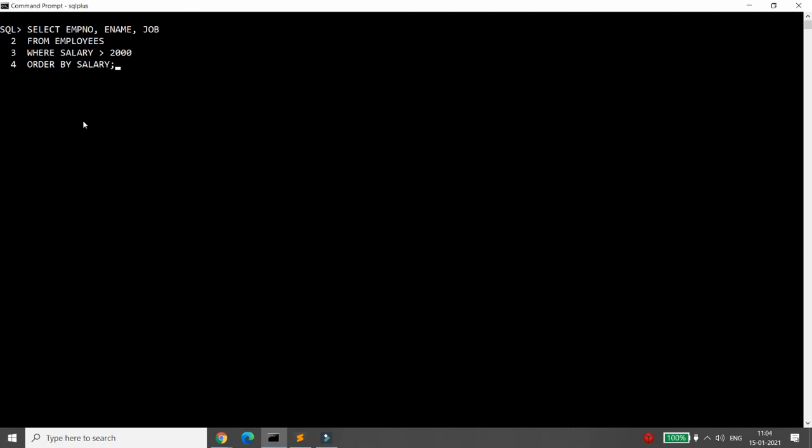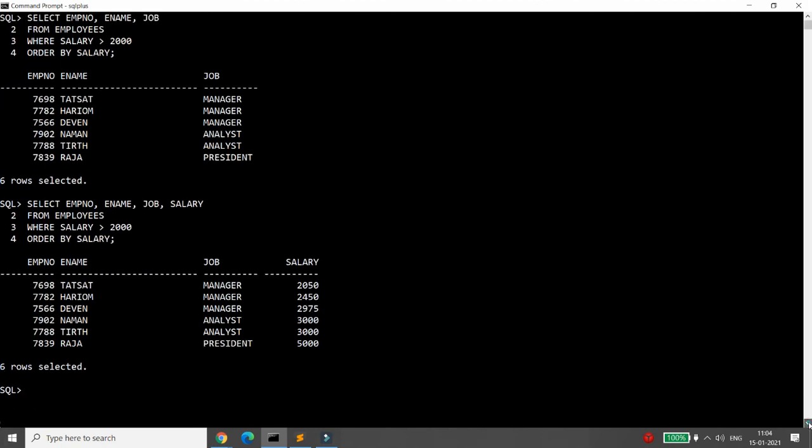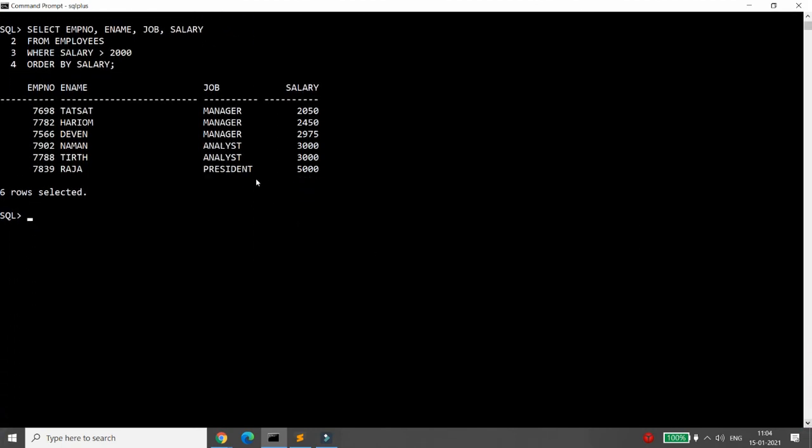So what happened? The column which is not selected in the select clause can be used in the where clause as well as in the order by clause. And as a result, you will get the data. But if you think, sir, I want to know the salary, then you can include that particular column in the select clause also. So if you are selecting that particular column, then you will get the idea that order by salary will display the data. Lowest salary will display first if it is ascending order.